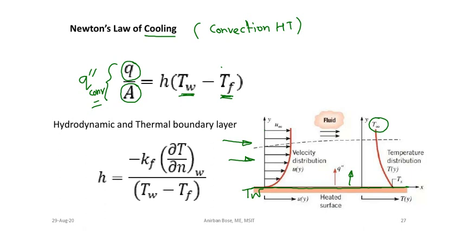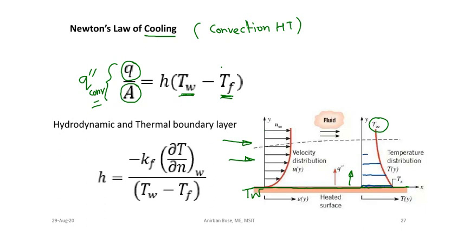Okay, because if you consider the temperature distribution perpendicular to the plate, you see that here the temperature is very high. This particular length shows the temperature at this position, and at this position this length indicates the temperature. It is quite obvious that very close to the plate the temperature will be higher, and exactly in contact with the plate the fluid layer will have the same temperature as that of the hot plate.